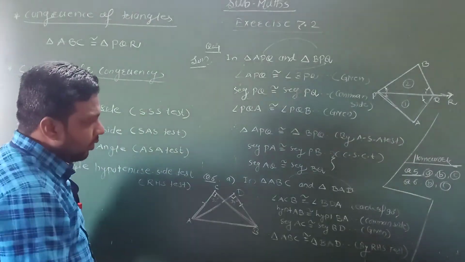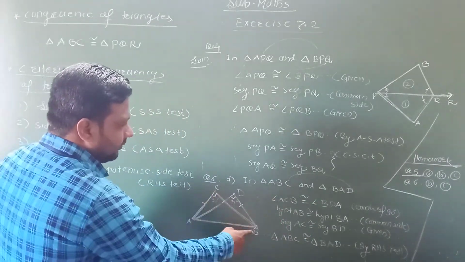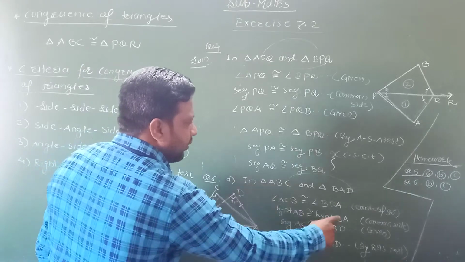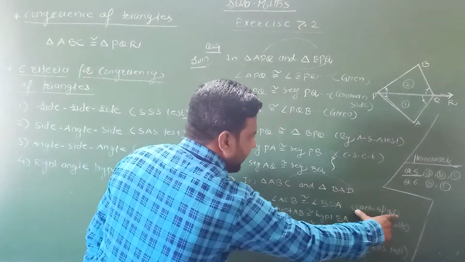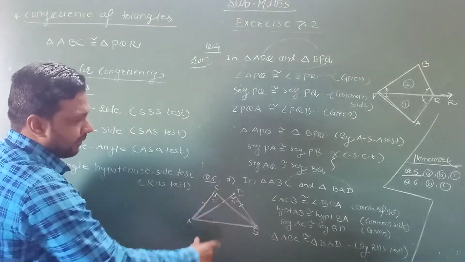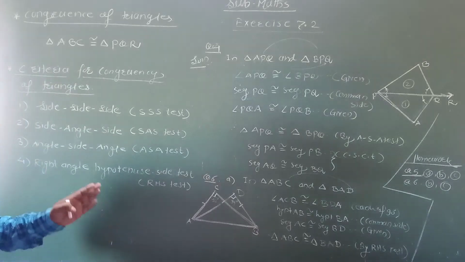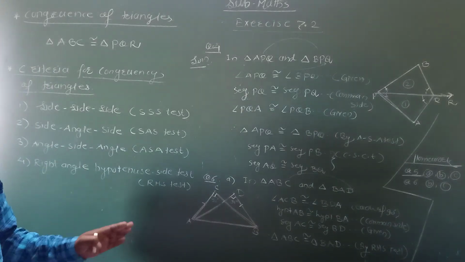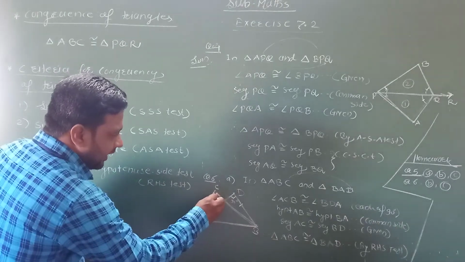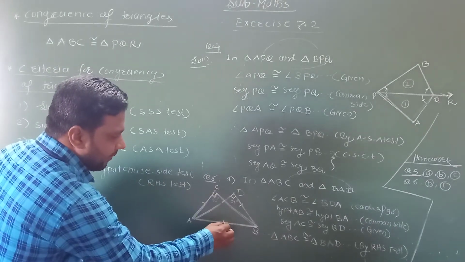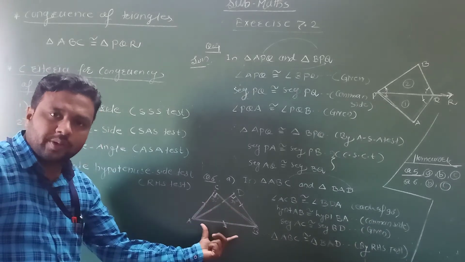Clear? Now in this triangle, angle ACB and angle BDA are equal, each of 90 degrees, already given in the question. Then the hypotenuse AB; here we have to prove by which test? The RHS test, it is mentioned there. Then the second part is what? Hypotenuse. For triangle ABC, if the angle is 90 degrees, then its opposite side is AB, and this is the hypotenuse, and this is common for both triangles. This is the common side.